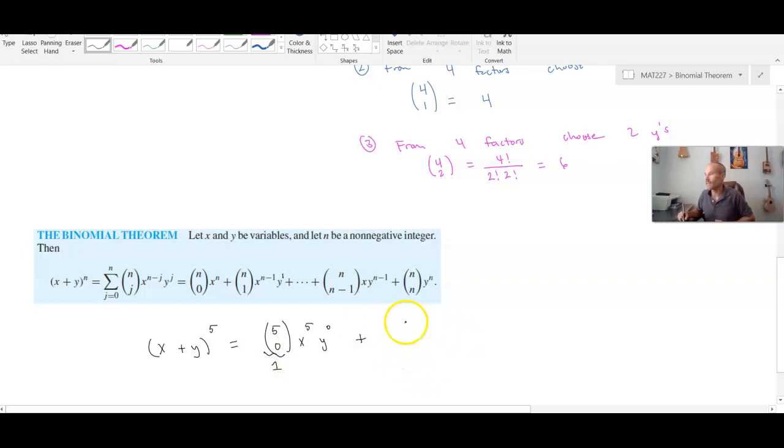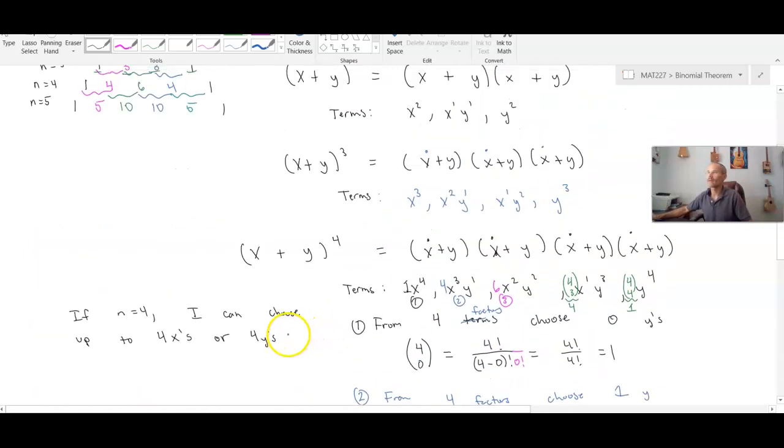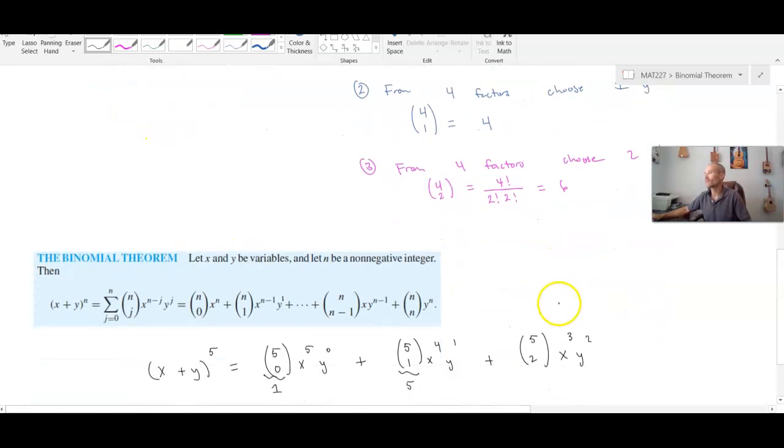Plus, now I'm going to descend the power, so x to the 4th, y to the 1st, and there's exactly 5 ways to select one item from 5, so this is 5, plus 5 choose 2 y's, that'll give me x cubed y squared, and 5 choose 2 comes out, well, I think we could probably even figure that out from Pascal's triangle. That's going to be 10, so that's going to be 10 right there,